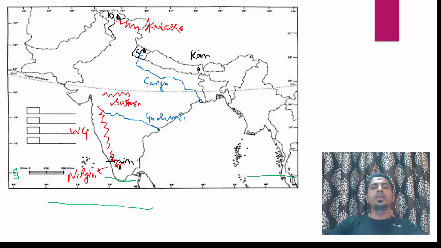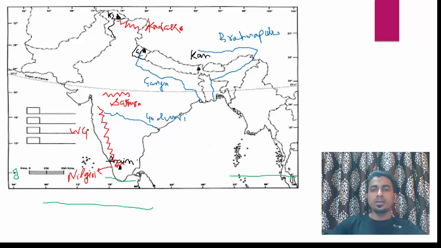Now we have got Brahmaputra. So Brahmaputra arises in Mansarovar Lake in Tibet, which China claims as its own land area, and it goes through Tibet and then enters Arunachal Pradesh and then Assam and then flows through Bangladesh into the Bay of Bengal. Now, if you read the news, you know in Assam we have got a lot of floods. Why? Because of Brahmaputra and the mismanagement by the government. Because floods are man-made.